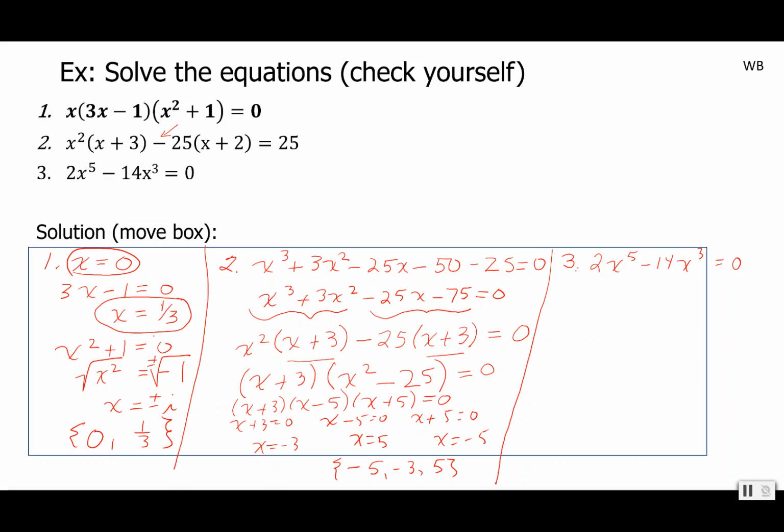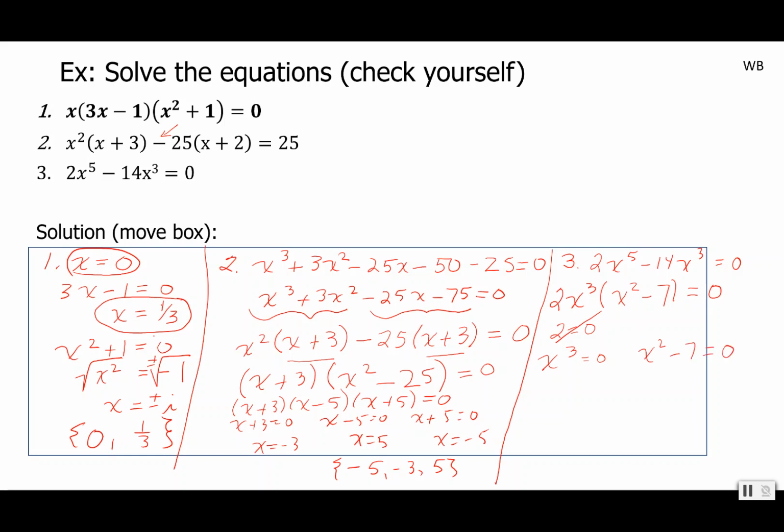As a matter of fact, 2 goes into each of these terms, and also x cubed goes into each term. When we divide 2x to the 5th by 2x cubed, we have x squared. When we divide 14 by 2, we have 7, and the x cubed divides out altogether, and there we have our factored form. So now, of course, we could write 2 is equal to 0, but we know that doesn't make any sense. We have x cubed is equal to 0, and we have x squared minus 7 is equal